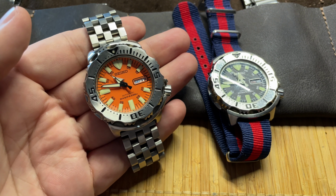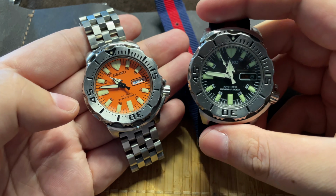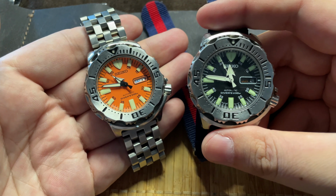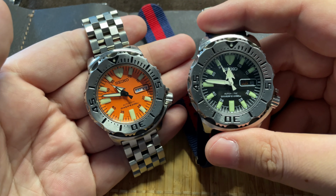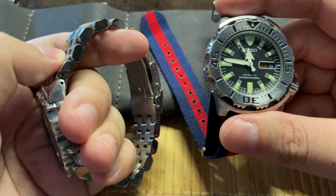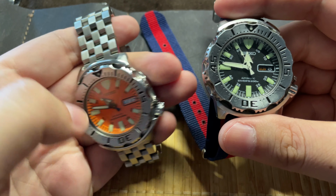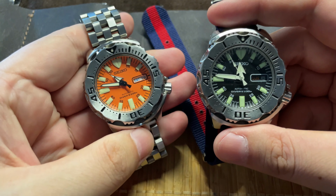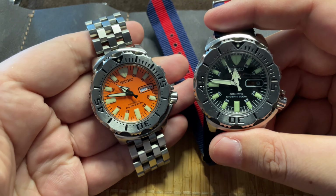but growing up with these watches and learning to live with these watches, the Seiko Monster was always a bit more expensive and a better done watch than the Seiko SKX. In the first place, this is an aftermarket bracelet. This is a Super Engineer from Strapsco,